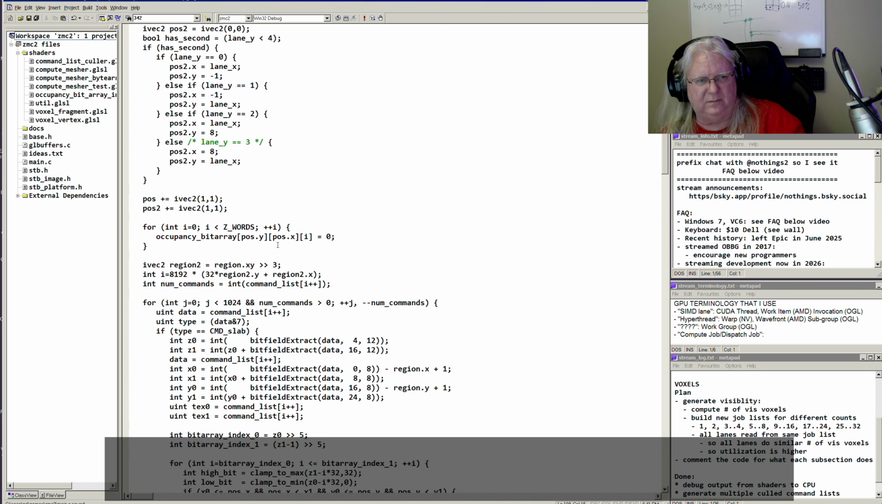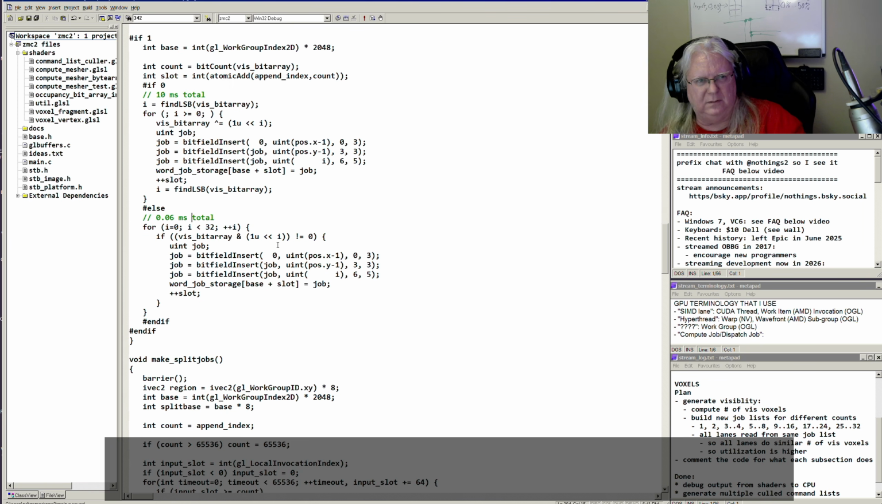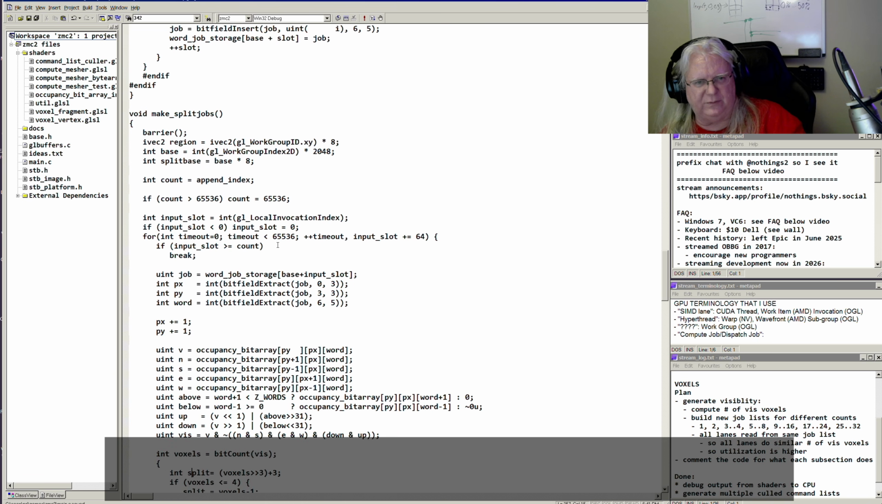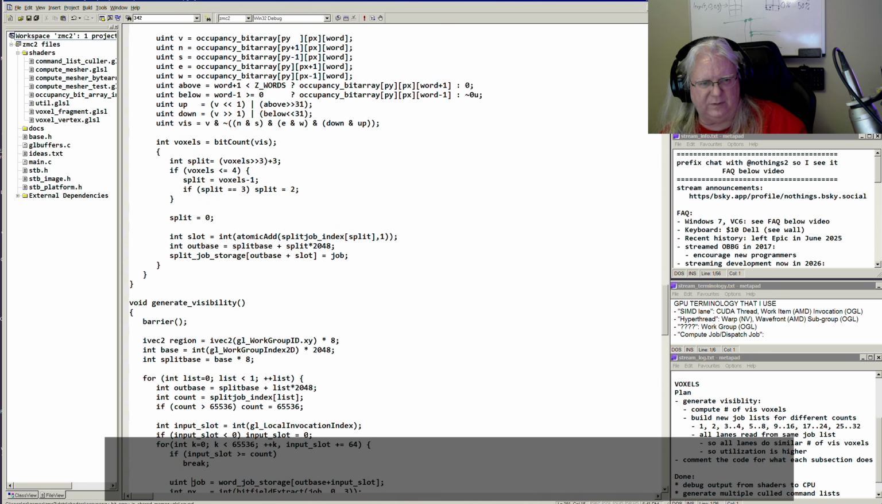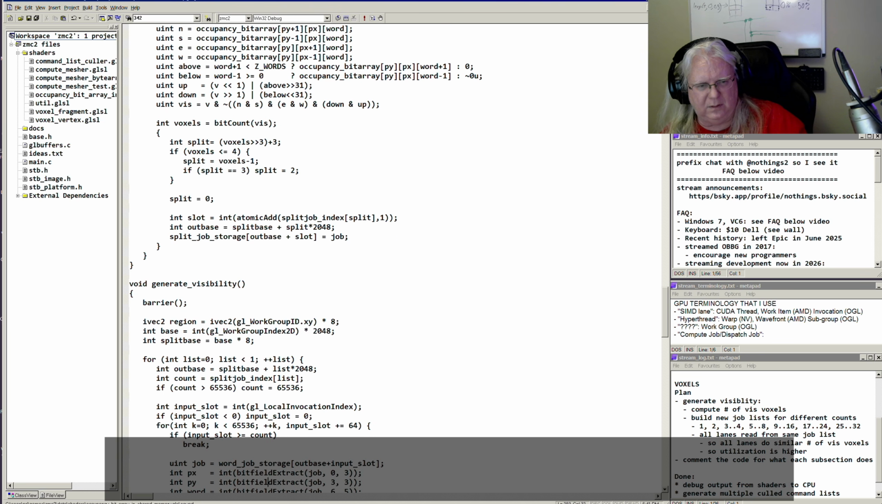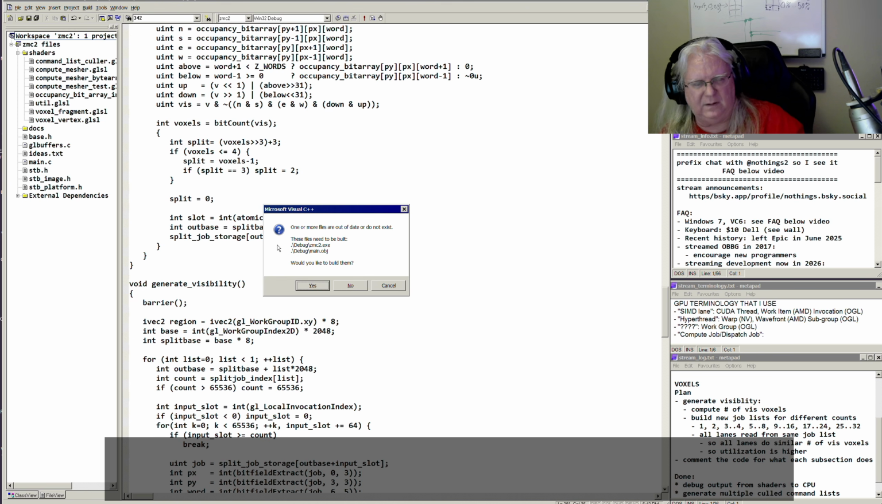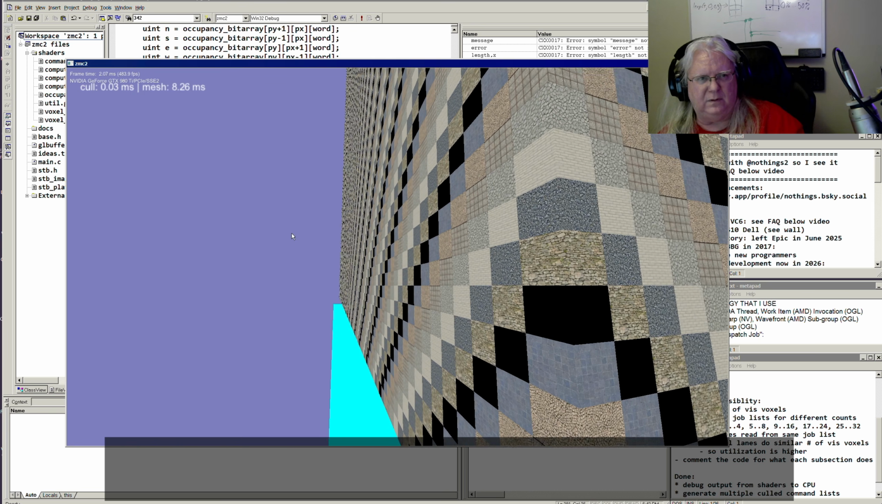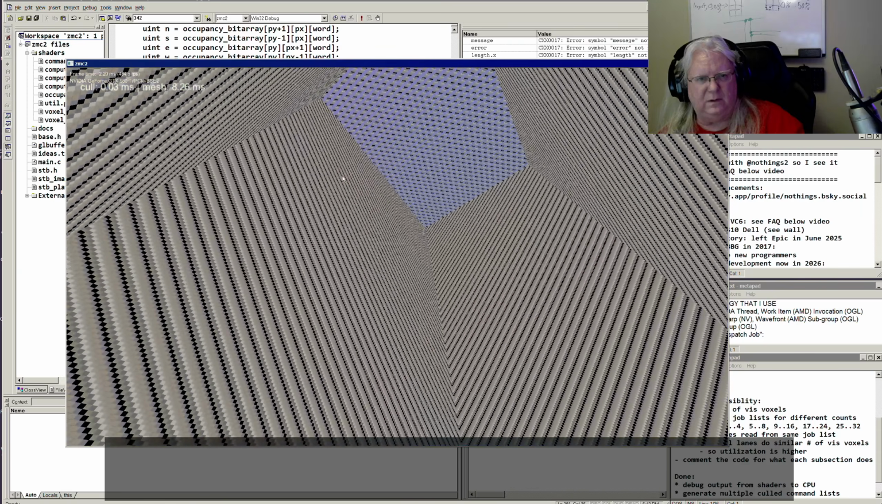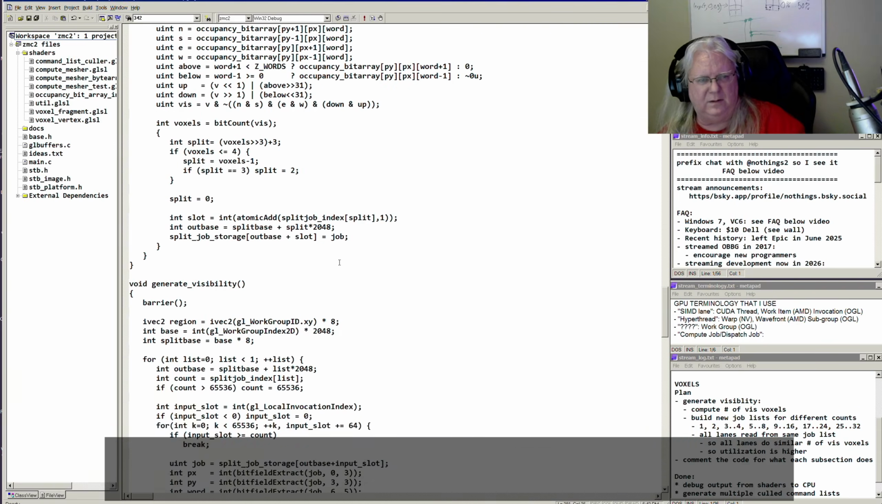And then make split jobs reads from word job storage and writes to split job storage. And then this one reads from split job storage. Okay. So now